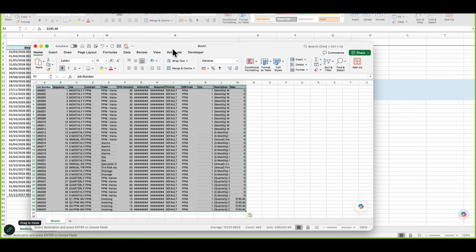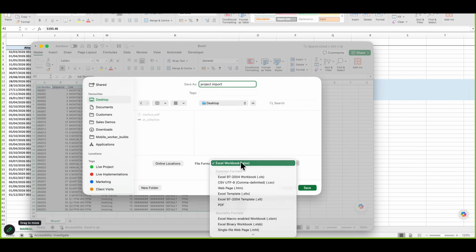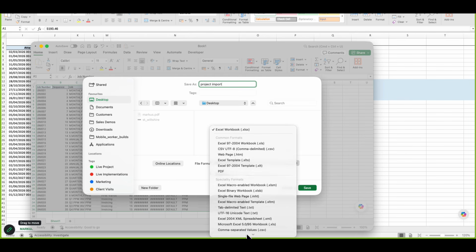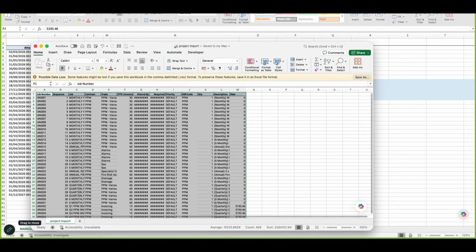To show you what I've done there, I've just pasted all that information into a brand new spreadsheet and I'm going to save that on my desktop so I know where it is. And that needs to be a CSV file. So when I bounce back to our system now,